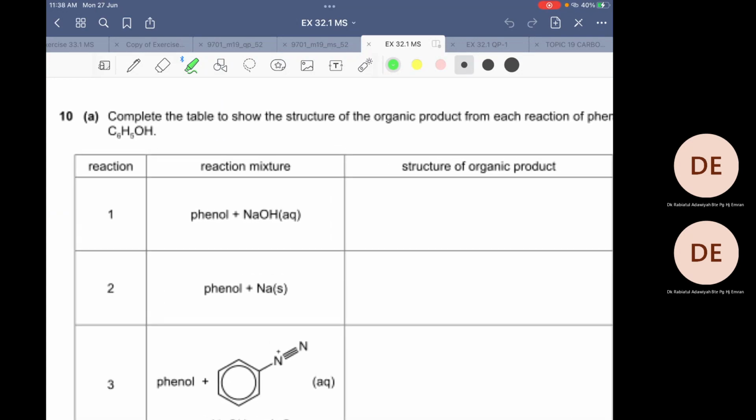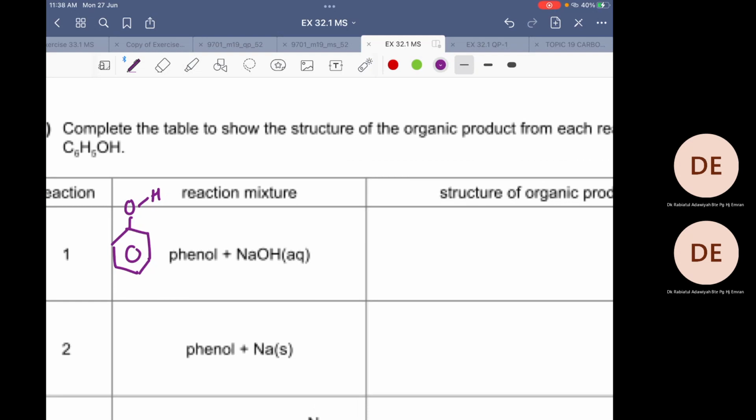Okay, so the first reaction is phenol reacting with sodium hydroxide. Now, phenol is described as a weak acid, okay? If this was the structure of phenol, as an acid, it will lose H+. Don't forget, phenol also has 5 hydrogens on the other carbons. But when it behaves as an acid, the acidic hydrogen ion is the one that is attached to the oxygen, all right? So this is a weak acid